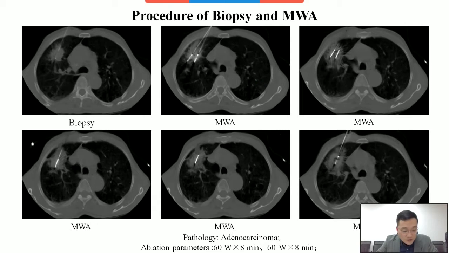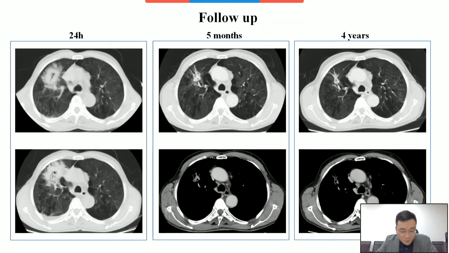Antennas were adjusted in multiple directions to cover the boundary of the cancer. The pathology examination showed it's adenocarcinoma. Here is the follow-up. We can see the reactive GGO completely covers the lesion 24 hours post-ablation, and it significantly decreased 5 months after ablation,